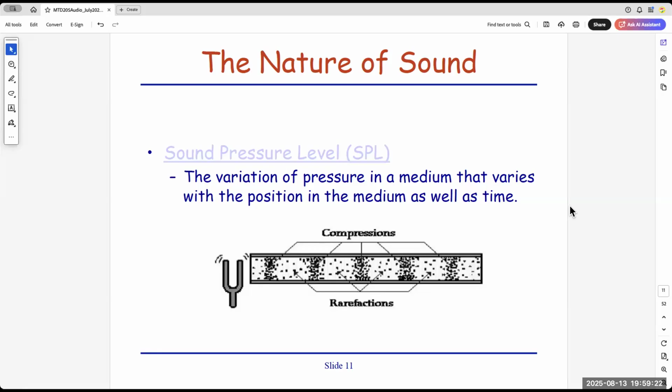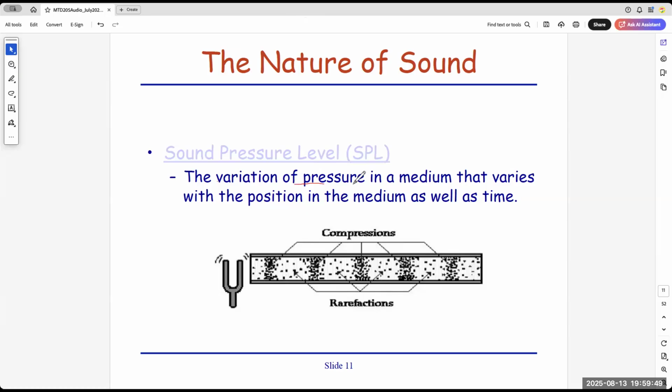As you know, just now based on the tuning fork, when you squeeze and relax, it causes some pressure on the air particle beside. And this pressure depends on how strong it is; it may travel very fast to the end. If the pressure is very small, then it is very weak.